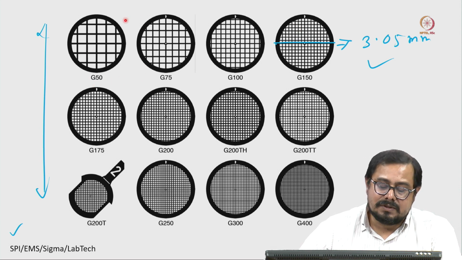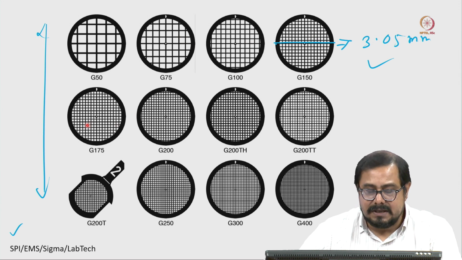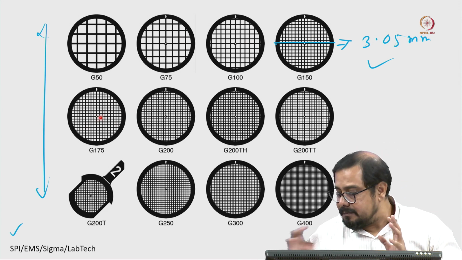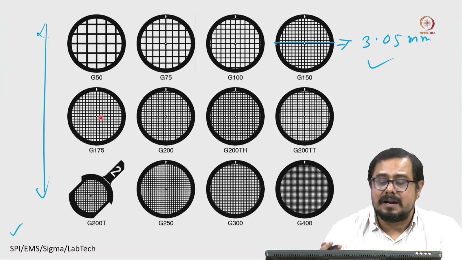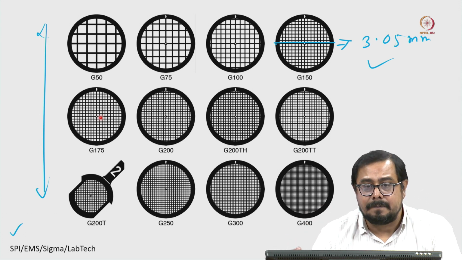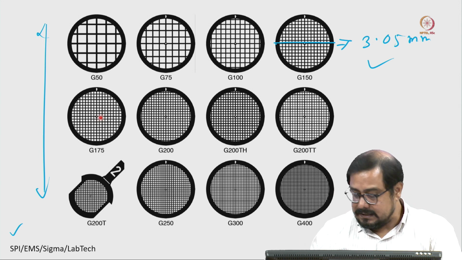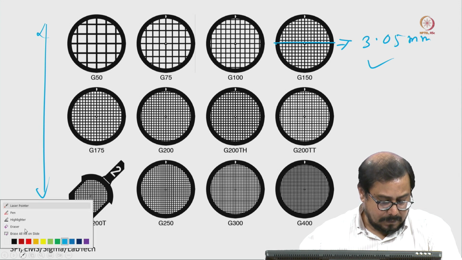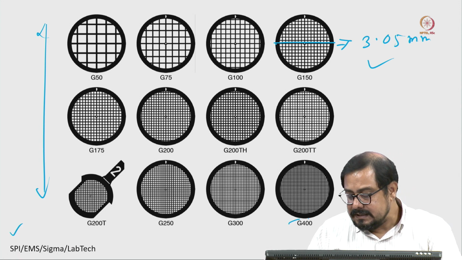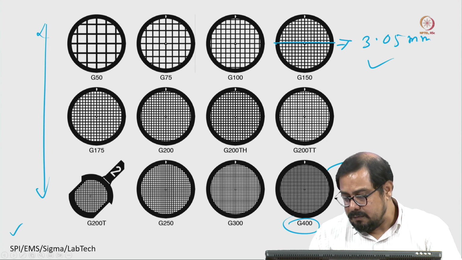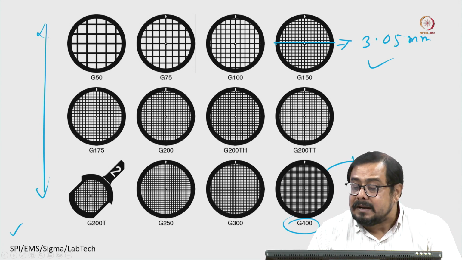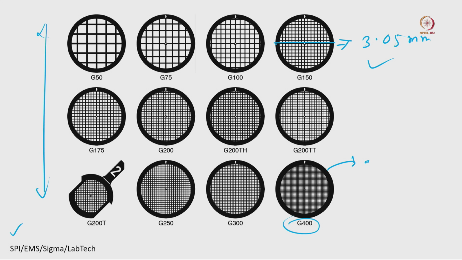So this is basically telling how many squares are there. Based on that we can tell what the mesh size is. So, it is a 50 mesh grid or a 100 mesh grid or 75 or 200. Generally, we consider 200, 300, 400 mesh grids. Here you can see this is a 400 mesh grid, where individual squares are extremely small, but the number of squares is much higher. This one is a 300 mesh grid because a total of 300 squares are there. The size of the squares is smaller, but you have more squares.